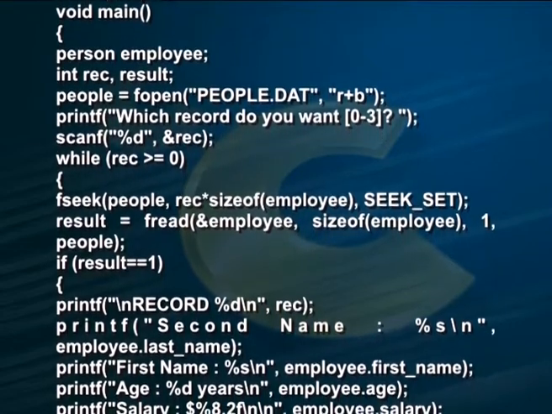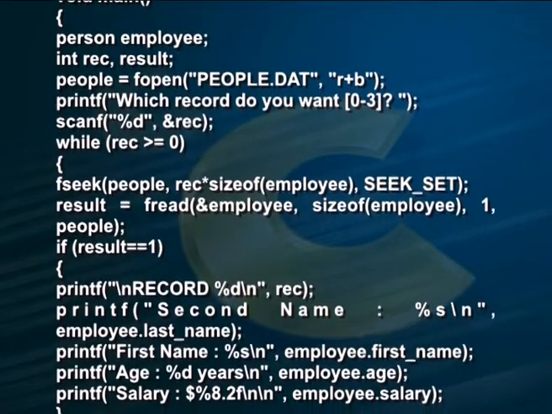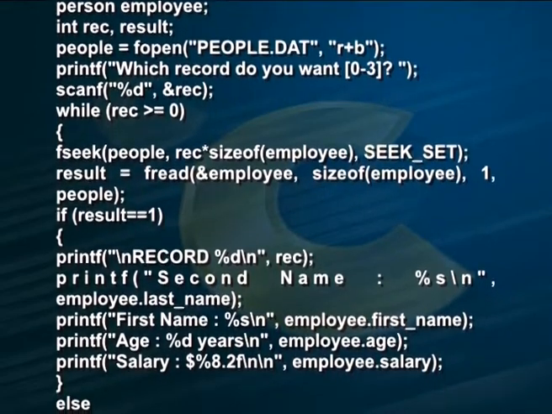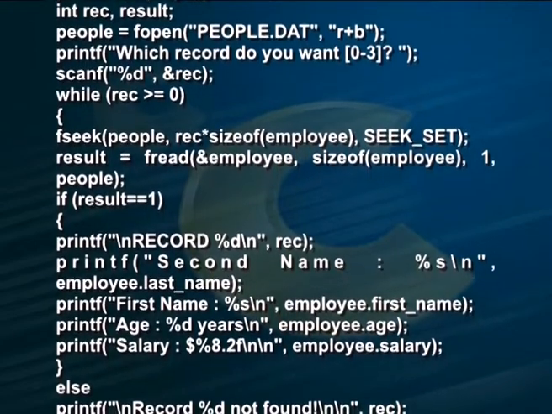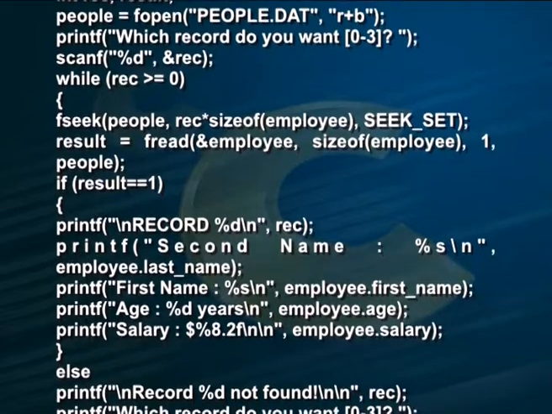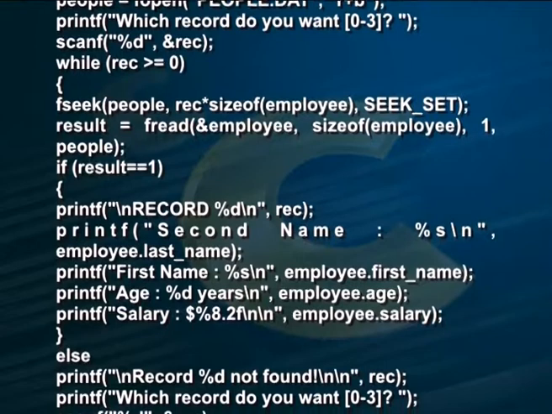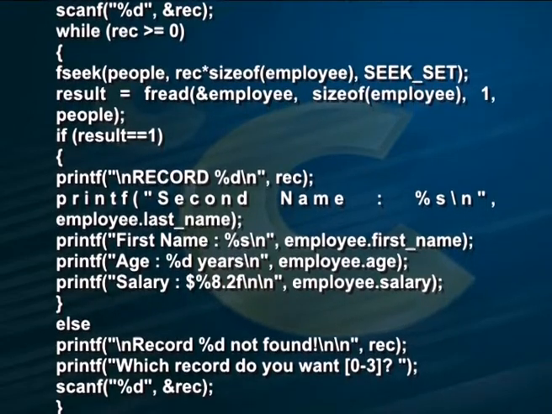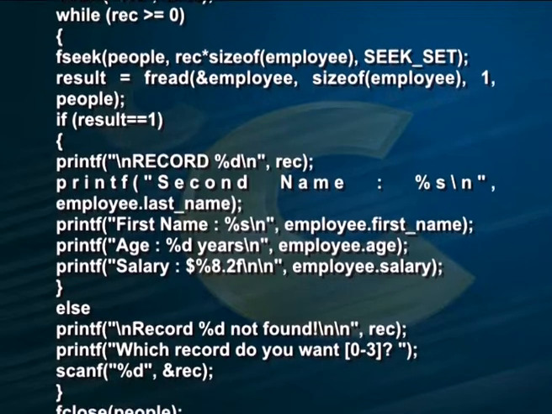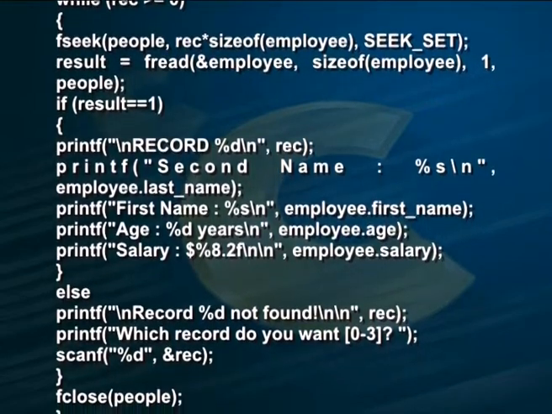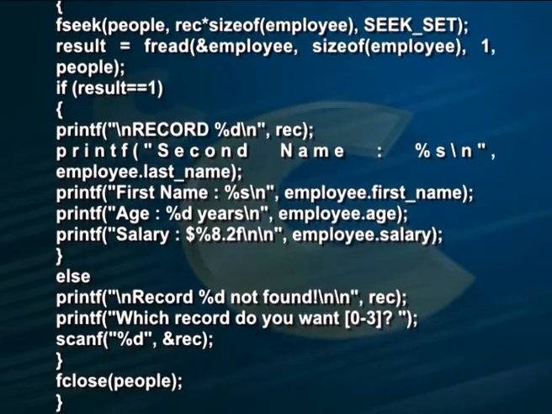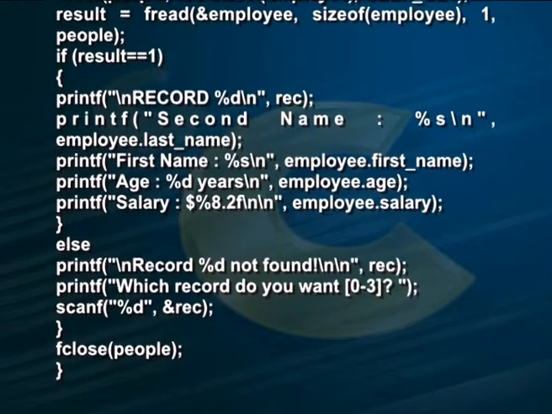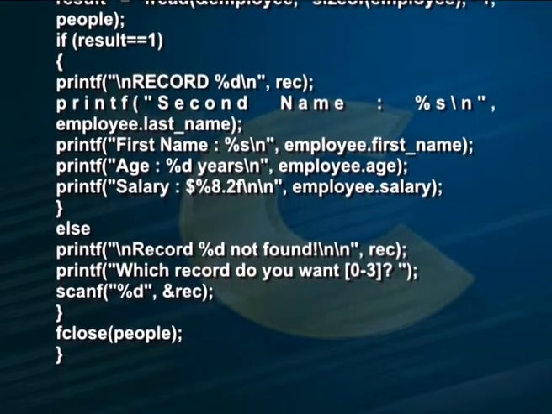if (result == 1) { printf("\nRecord %d\n", rec); printf("Second name: %s\n", employee.last_name); printf("First name: %s\n", employee.first_name); printf("Age: %d years\n", employee.age); printf("Salary: $%8.2f\n", employee.salary); } else printf("\nRecord %d not found\n", rec); printf("Which record do you want, 0 to 3?"); scanf("%d", &rec); } fclose(people); }